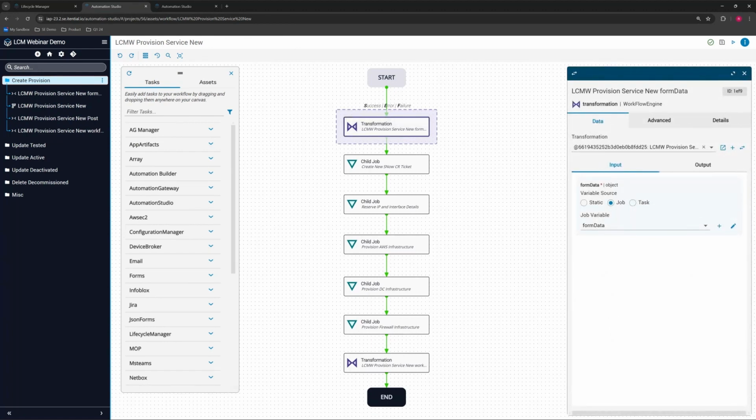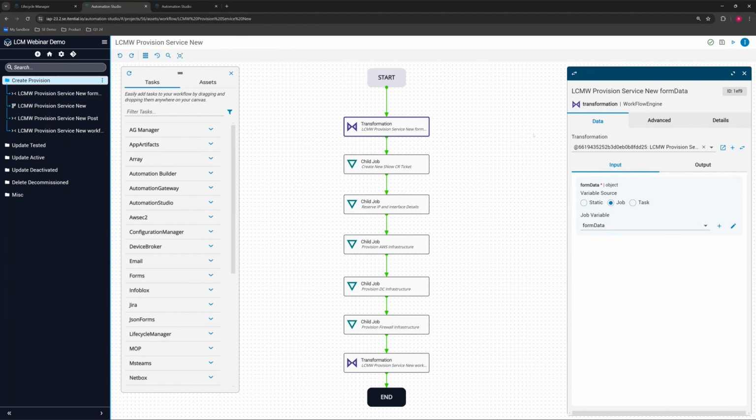So when we instantiate a service instance, we're going to ask the user for some information. And ideally, we don't ask them for a lot of information. We ask them for enough information so that we can derive all the other information that we need from that, because that's really a better self-service model, especially if you're looking at opening this up for self-service to end users who aren't as technical and probably don't have information readily available on VPCs and data center ports and things like that. So this transformation is going to ask for a very small set of information from the user when they